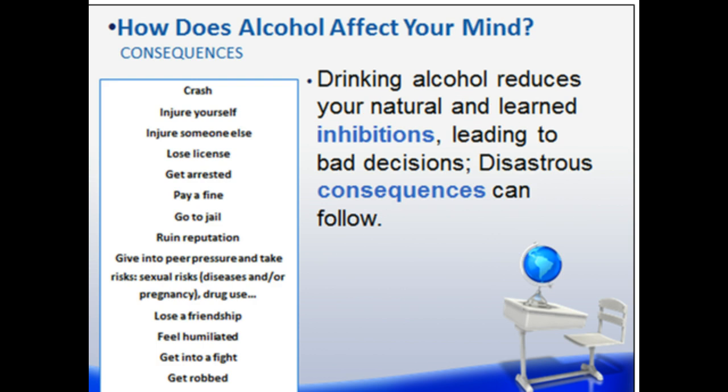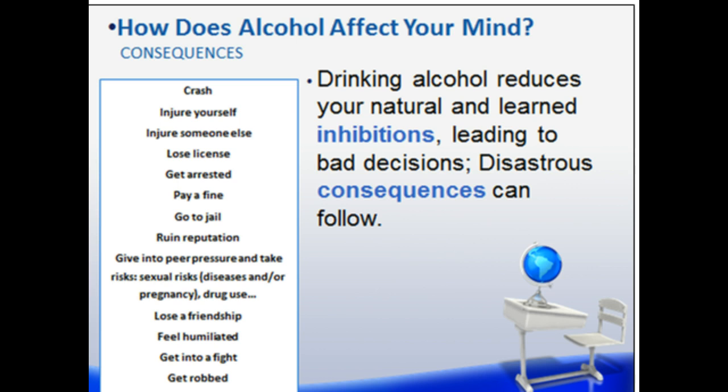How does alcohol affect your mind? Well, drinking alcohol reduces your natural and learned inhibitions, leading to bad decisions. Disastrous consequences can follow: crashes, injuring yourself or someone else, losing your license, getting arrested, paying a fine or going